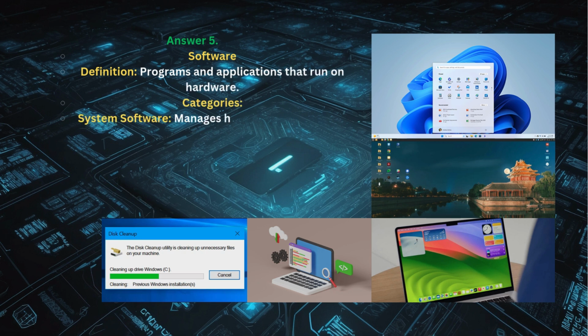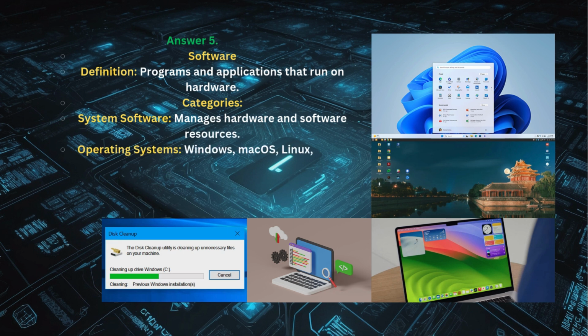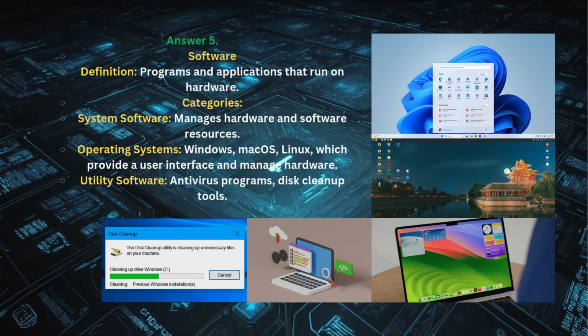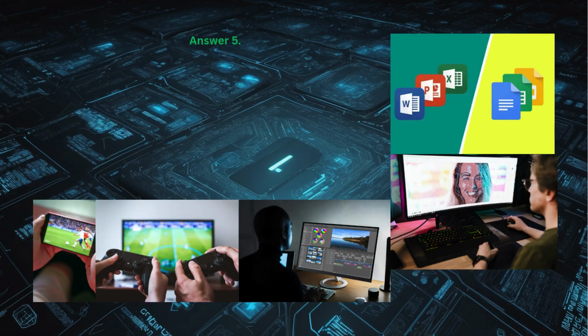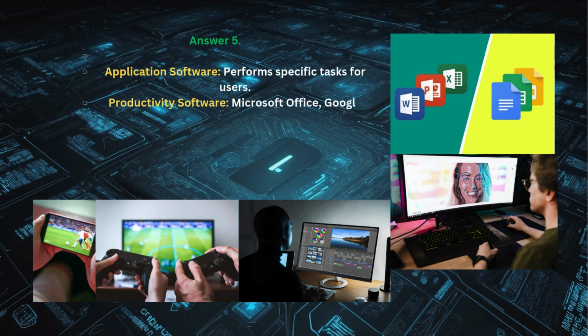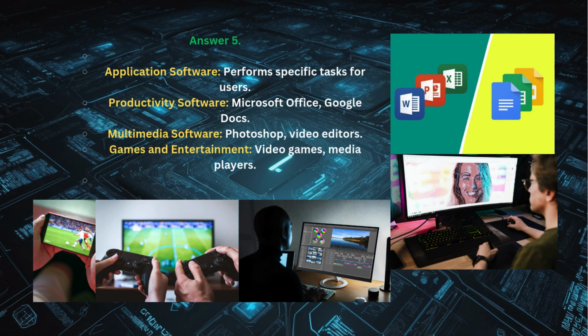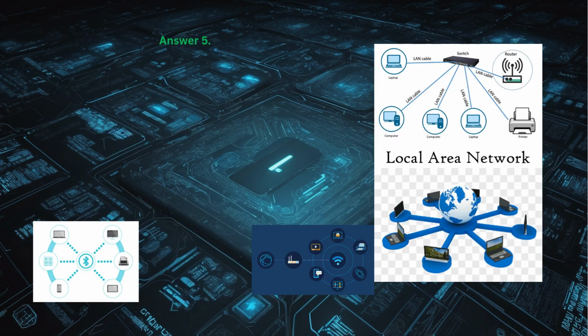System software, manages hardware and software resources, operating systems, Windows, Mac OS, Linux, which provide a user interface and manage hardware. Utility software, antivirus programs, disk cleanup tools. Application software, perform specific tasks for users. Productivity software, Microsoft Office, Google Docs. Multimedia software, Photoshop, video editors. Games and entertainment, video games, media players. Networks. Definition: systems that connect computers to